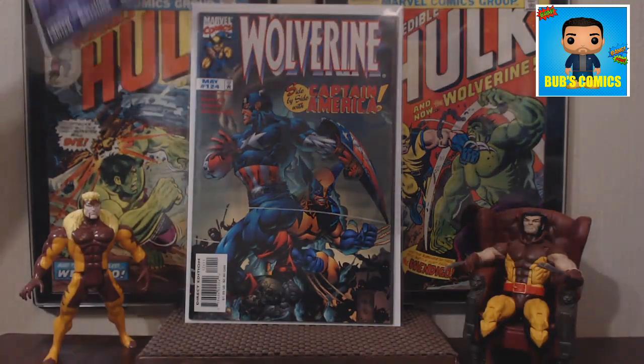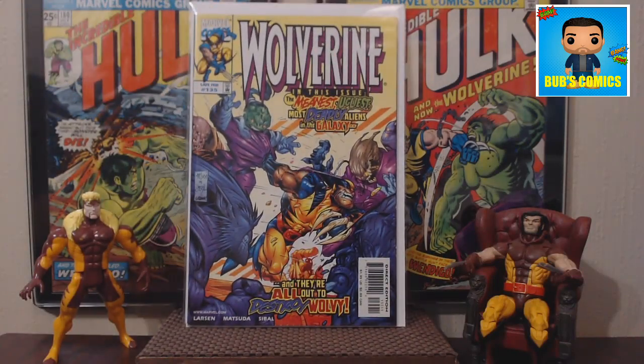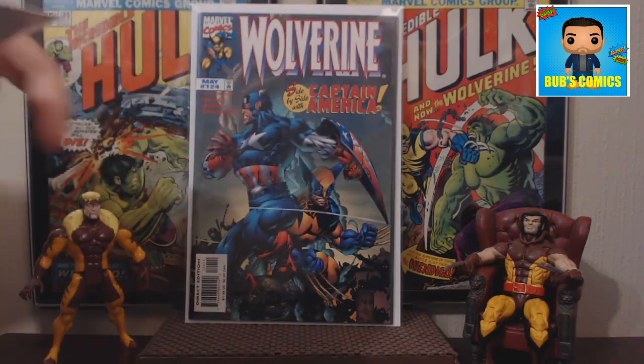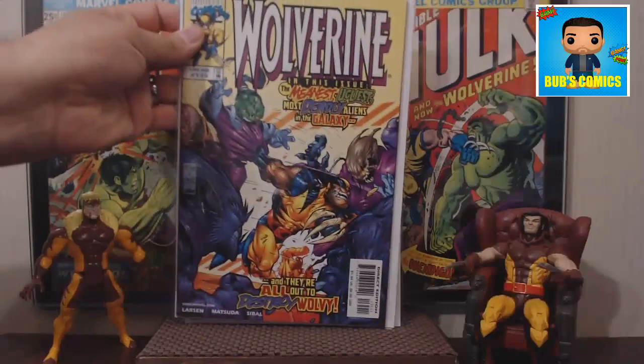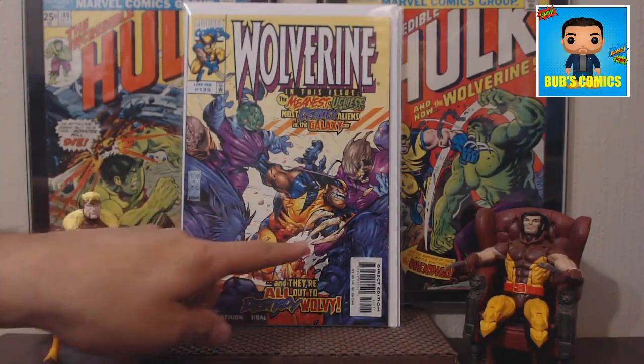Here is number 135 of volume 2 as well. So we'll keep rolling with these volume 2. You can tell he's still got the bone claws. What's interesting to me, I've always liked the, of course, the adamantium claws best. But what I find interesting is the bone claws are drawn so differently by so many different artists. It really, really changes how they look. I mean, here they have like a spirally bottom and then sharp tips. Here they're completely curved, almost like the claws of an animal would be, with lots of shards coming around the